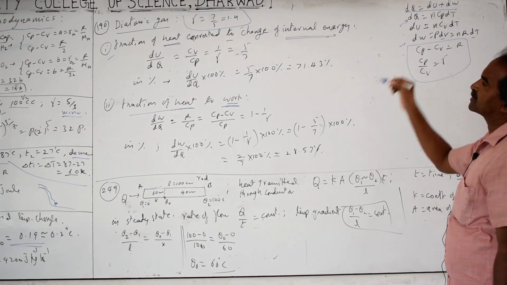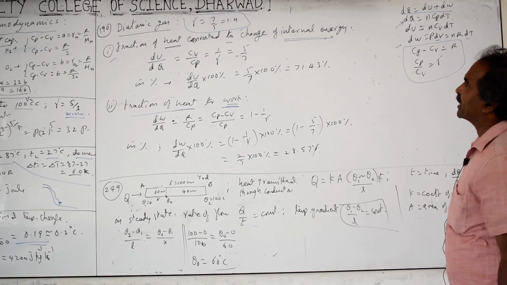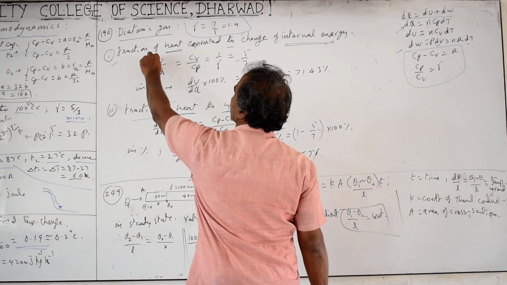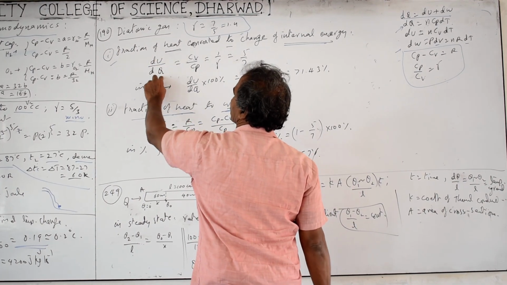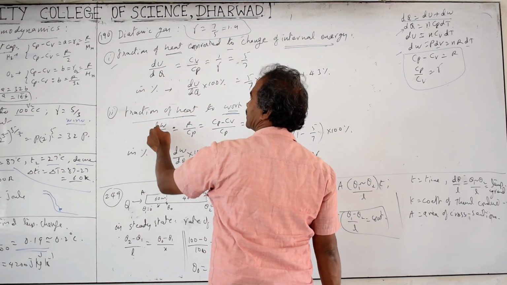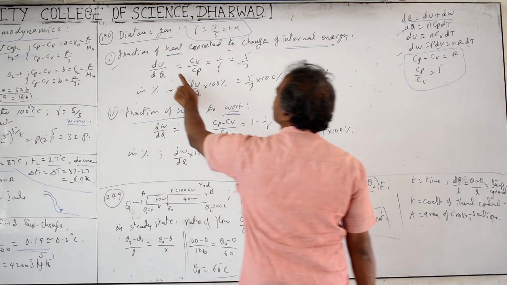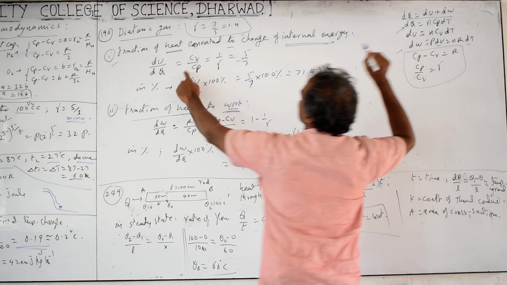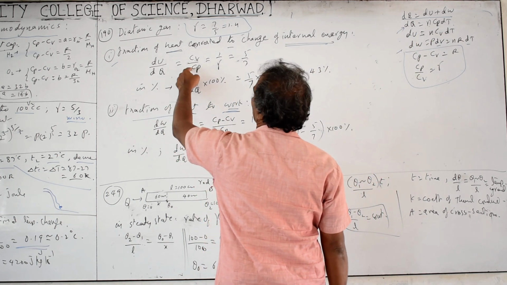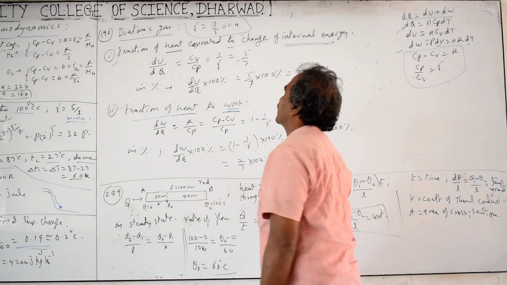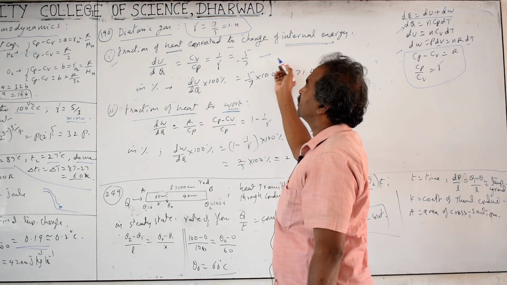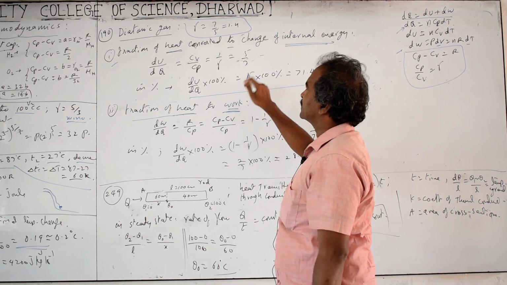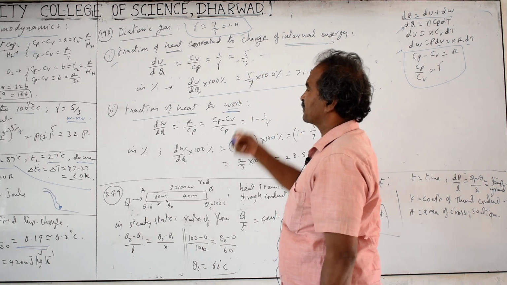Using this relation, you will get the expression for the amount of heat supplied converted into internal energy. Fraction of the energy supplied converted into internal energy change means du by dq. Fraction of heat energy converted into work done means dw by dq. So du by dq, they take the ratio. Common terms cancel, it is Cv by Cp, but Cp by Cv is gamma. Reverse, that is 1 by gamma. 1 by gamma is 5 by 7. If they ask percentage, multiply by 100. In this question they didn't ask percentage, but you must find it out, as in other places the problem is there.